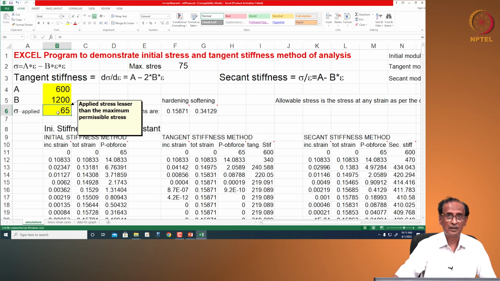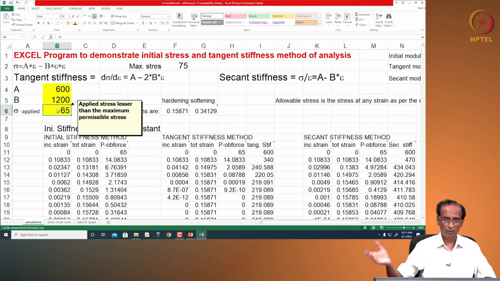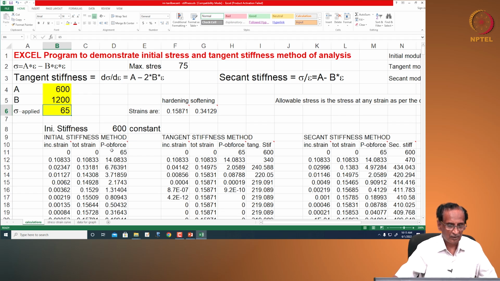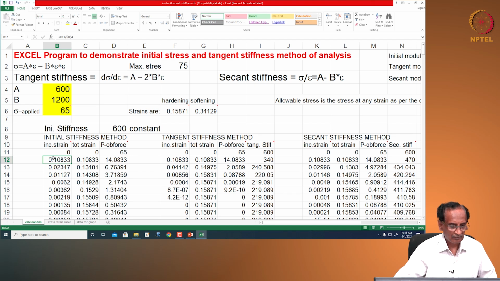We are interested in determining the strain corresponding to an applied stress of 65, and for now we will only be looking at the strain hardening part. We are not going to go into the strain softening part. So initially our applied stress is 65, and so we can call that the outer balance force, and the strain increment is 65 divided by